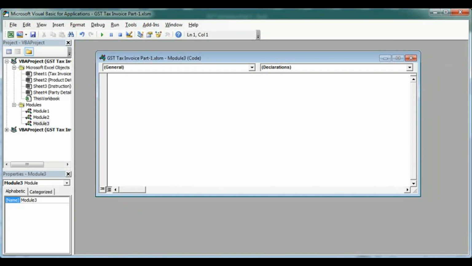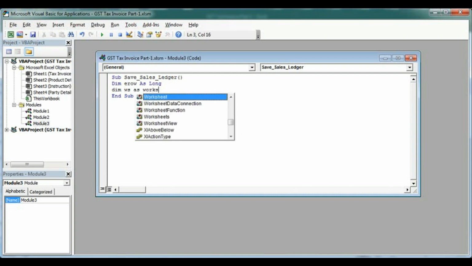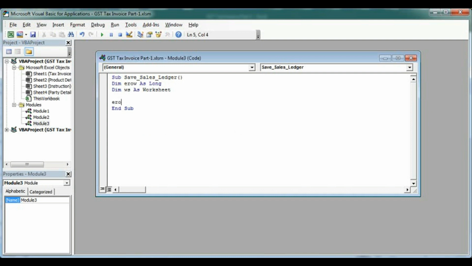Here first declare the variables. Dim, start this Sub SaveSalesLedger, and now here Dim eRow as Long, Dim ws as Worksheet, eRow equal to, that means what will be the eRow?